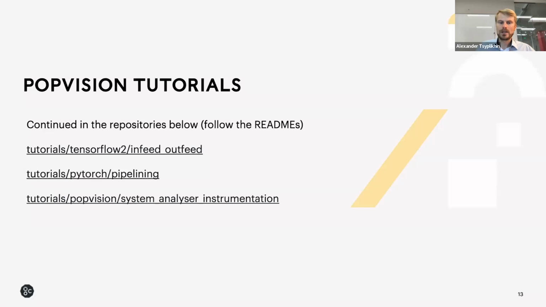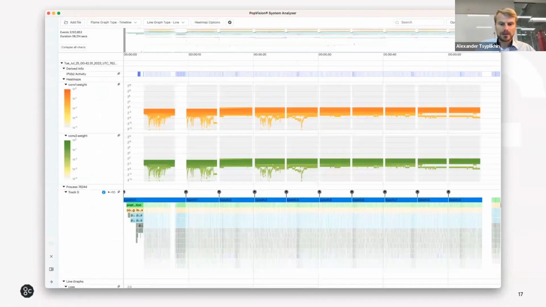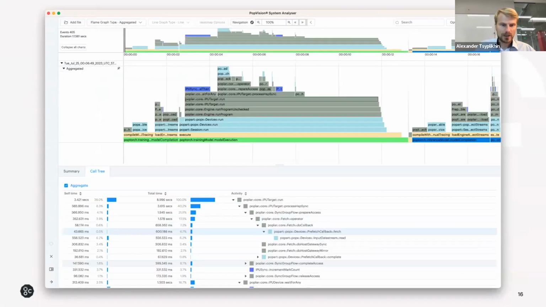Great question. And the last thing that I wanted to show today during this talk is the System Analyzer. There is a tutorial that guides you step by step on how to use it. The System Analyzer produces